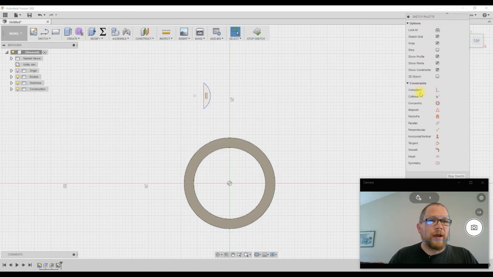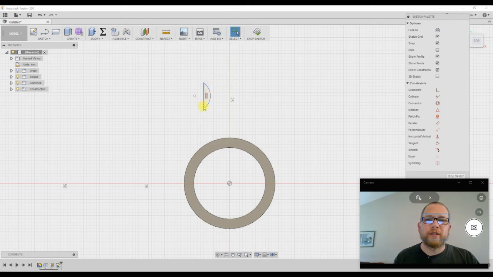So you got constraints, and you got coincident, collinear. So coincident is just 2 parts that touch, like a point to a line, or 2 points. Collinear is just that, it's 2 lines that you want to be in the same line. Concentric is circles, midpoint. There's a fix. I try not to use fixed points unless it's, well, I'll get into that on another video sometime, but parallel, you want 2 lines to be parallel, perpendicular, horizontal